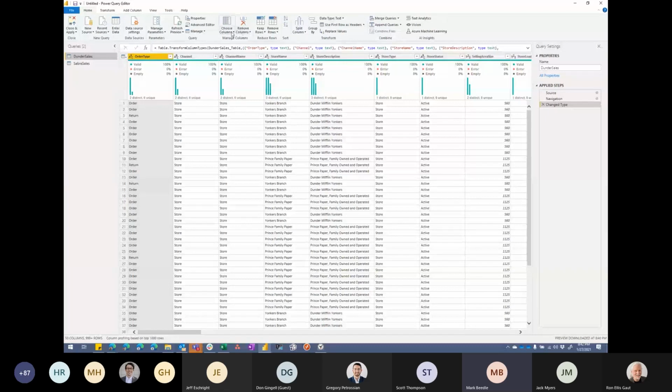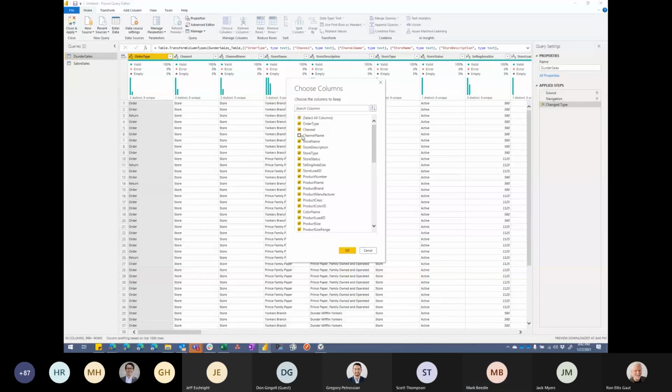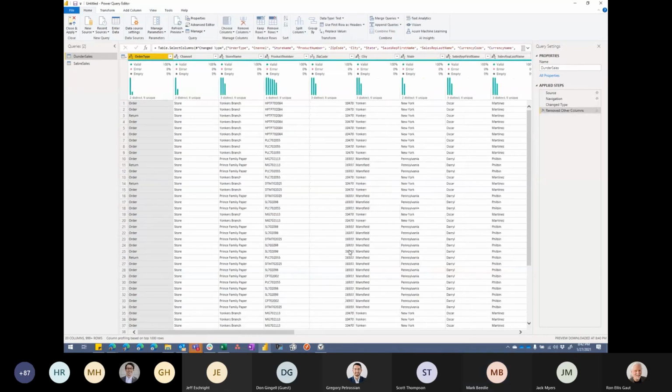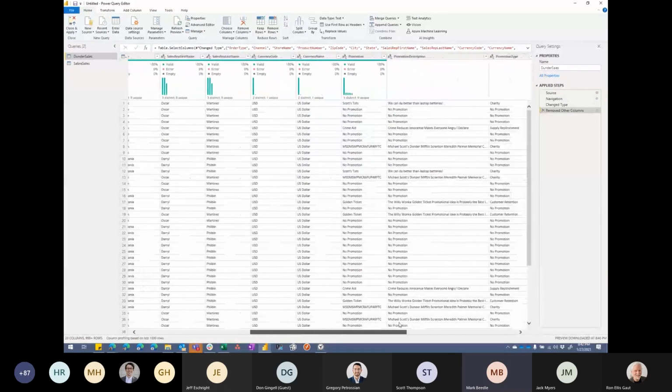I'm going to get rid of some of these columns in Dunder. I happen to remember what I have over in my Sabre file, so I'm going to match up. I'm getting rid of a bunch of junk. Hopefully I don't need it later, but we'll see. A lot of stuff about products, a lot of stuff about geography. Sabre said they couldn't give me all these other fields, so I'm going to get rid of those. All right, looks like they kind of match.